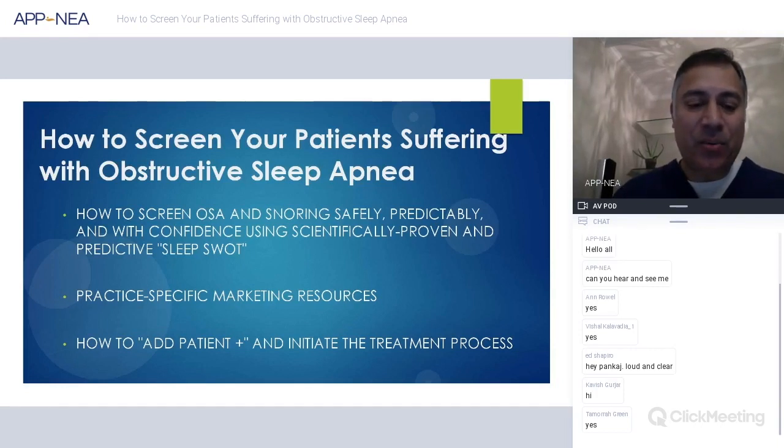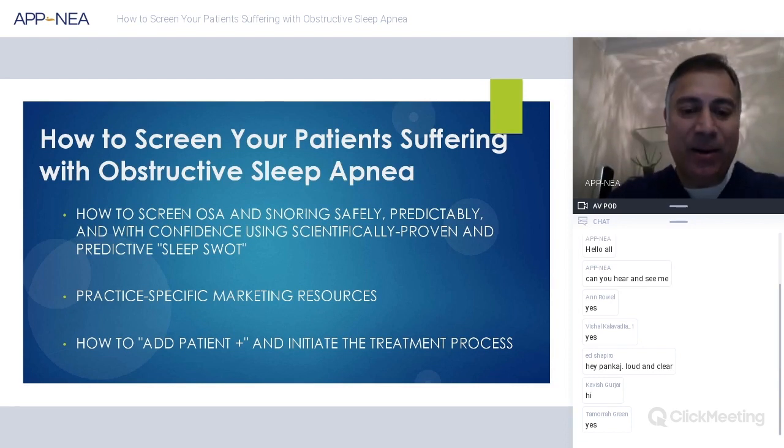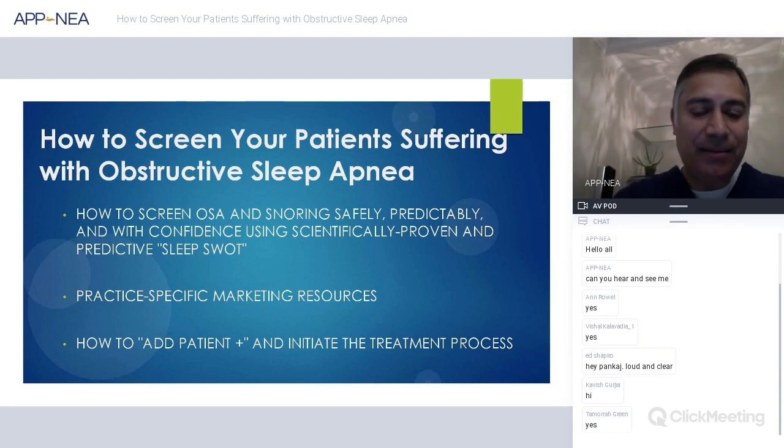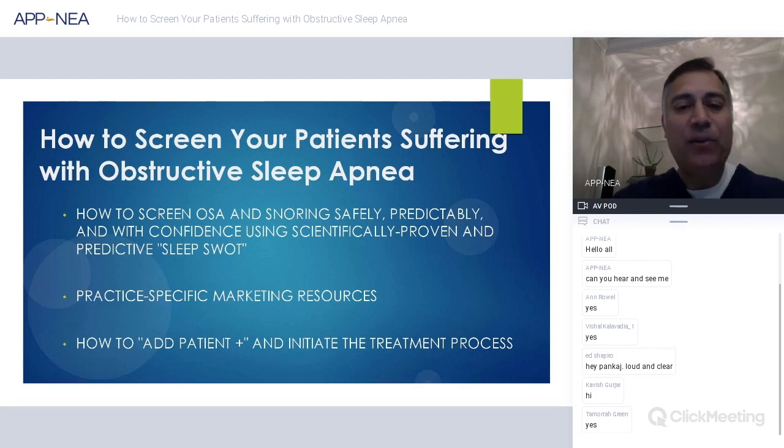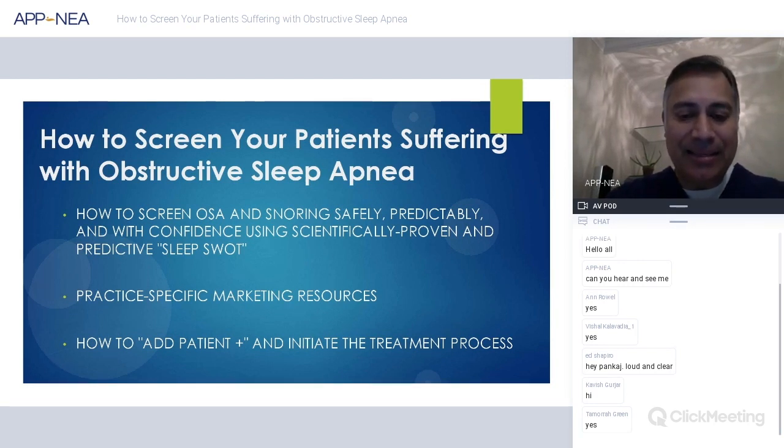Dr. Awazi had said this at one of the lectures, and this is so true. If you never screen a patient, you will never get to treat them. This is a disease that has to be screened for, and yes, as dentists, we can't diagnose it, but that's okay because we can at least screen it and then refer for diagnosis. And the reason is because